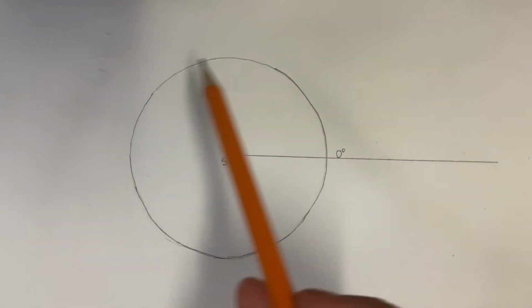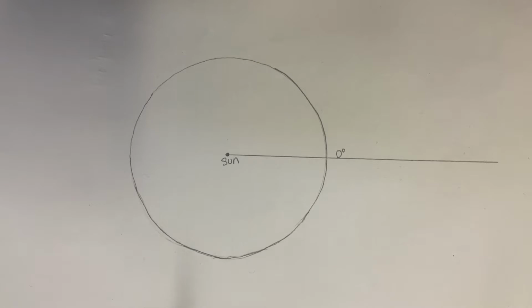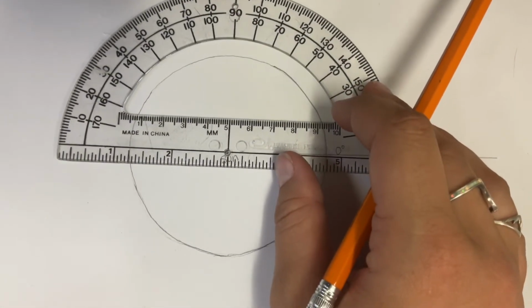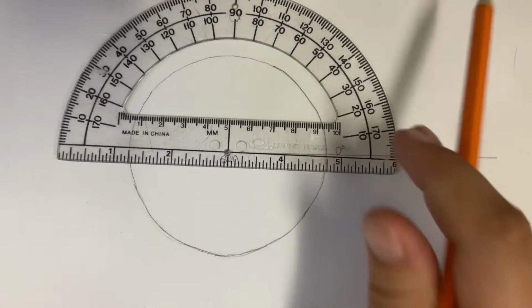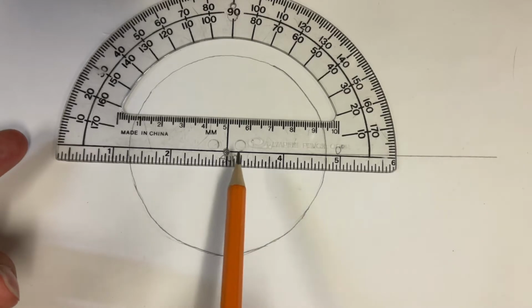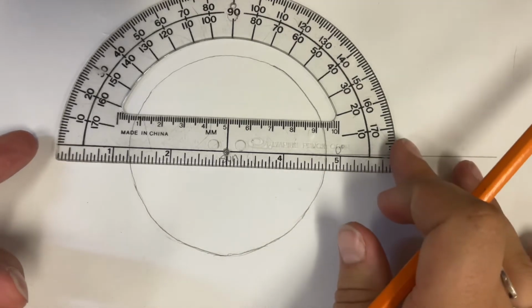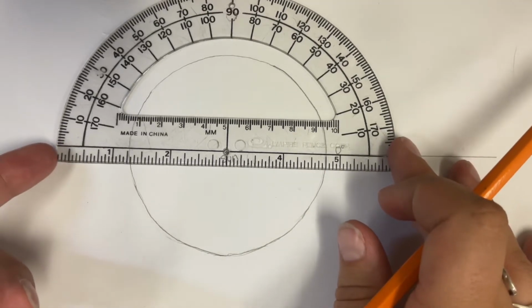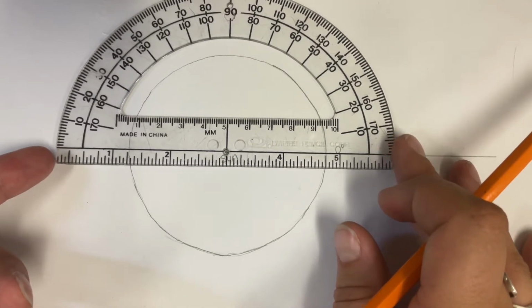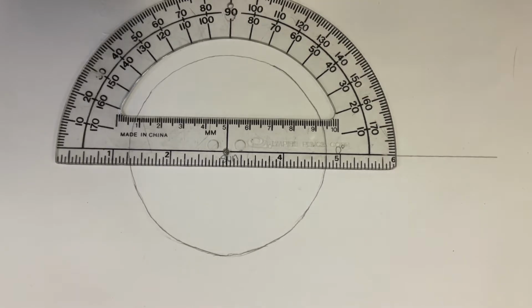Remember, your circle is your orbit. So you will take your protractor, place the sun, your center dot, in that little circle, okay? You also need to make sure that this black line here lines up with your 0 degree mark, okay? Once you have everything lined up, you need to plot